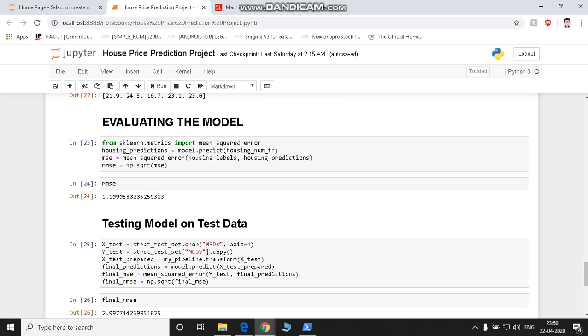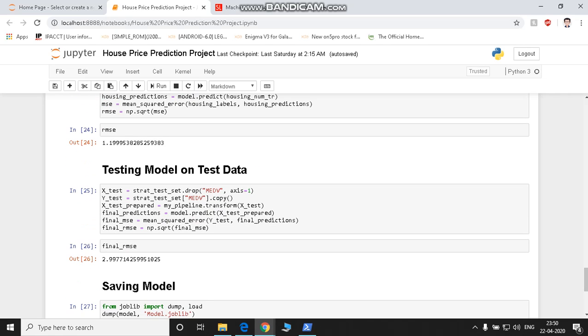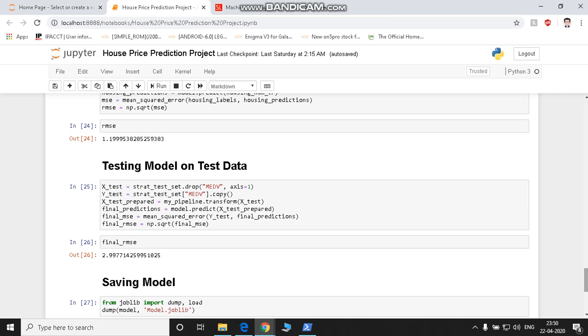So it means that the predictions are pretty much accurate. Then we test the model on the test data, and by testing the data, we have seen the final RMSE on the test data set is 2.99, which is again very small, which means our predictions are quite accurate.